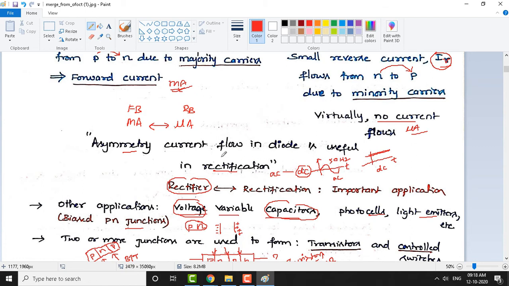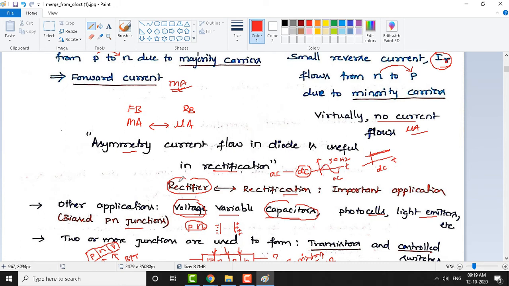So we need a circuit to do that conversion. One such circuit is the rectifier, a circuit that does the rectification job, which converts AC to DC. When you do just rectification, you may not get completely 100% DC. You need to do other operations like filtering, and you must use regulators.